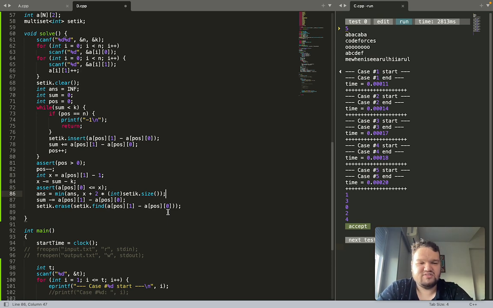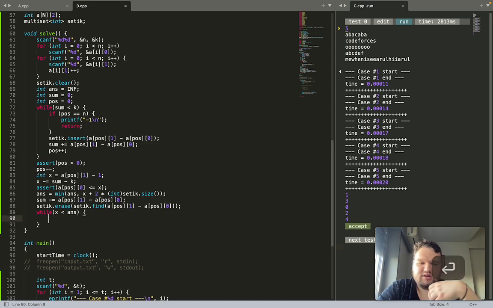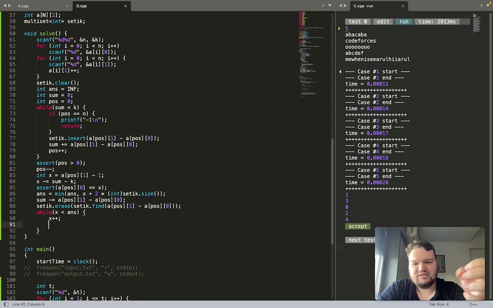I cannot use 0 segments. So while x is smaller than ans, I can increase x, and if it is still inside the current segment,